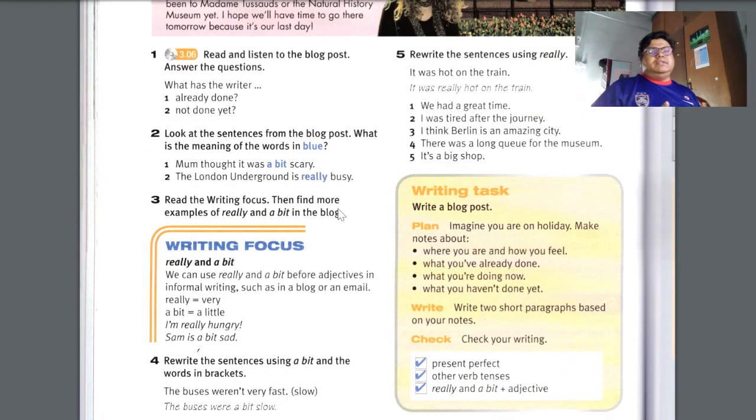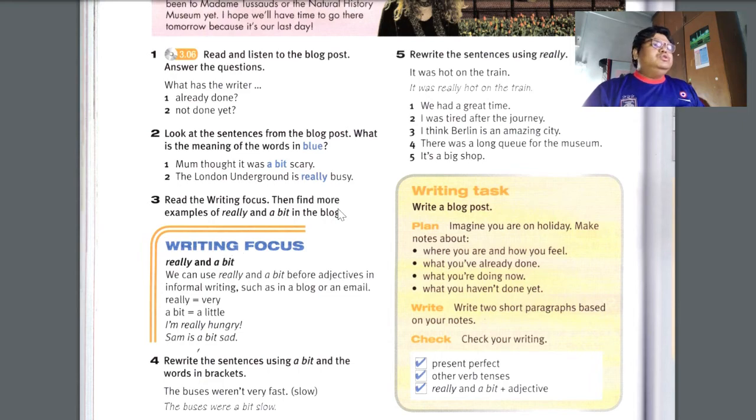So why do we use these two adjective modifiers? Okay, kenapa kita menggunakan pemboleh ubah adjective ni? Okay, because to make the story interesting. Okay, untuk membuat cerita kita lebih menarik. Bila kita mengarang, when we are writing, especially in an informal setting, it's very good if we can make our writing a little bit more menarik. Kalau kita boleh buat tulisan kita tu lebih menarik, maka penulisan kita tu boleh dikira lebih baik dari yang